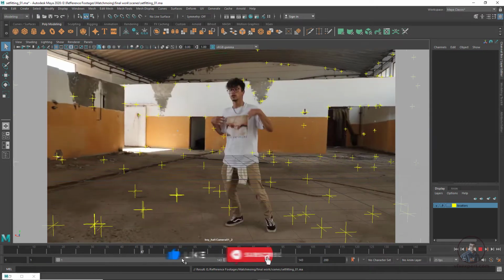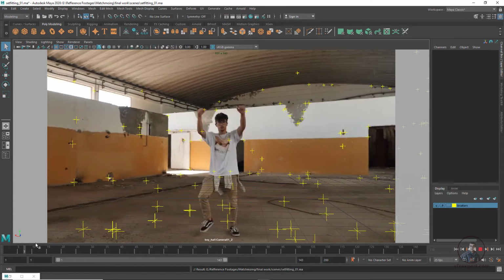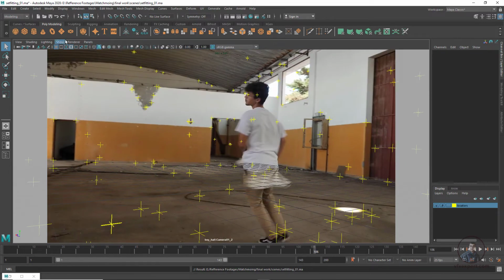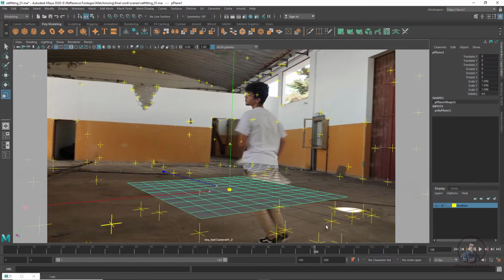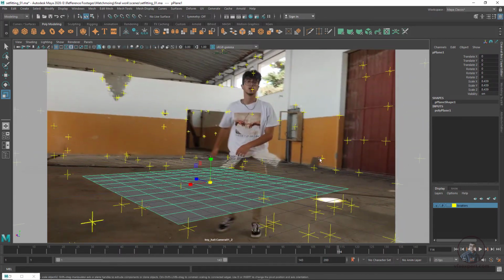So first we have to create a reference plane or reference object, then we have to orient our scene, then finally we have to create a layout for this scene. Okay, so first just take a plane here, just click. Now you can see this is our plane. A little bit scale it here. Now you can see here this is our plane. So this will be our reference object.